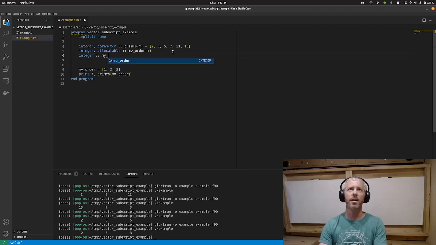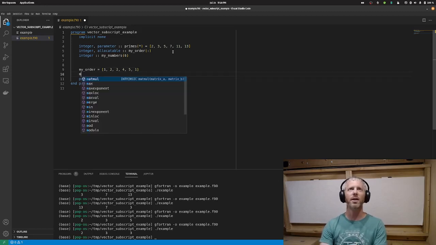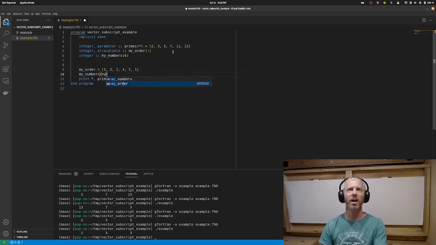Let's take my numbers, and we'll make it 6 long, so the same length as the primes. So my order is going to have to be 6 long. But let's take these elements of that array. So now I can say my numbers in my order